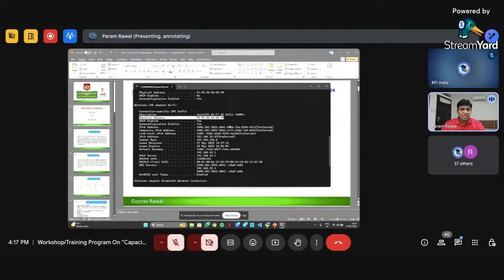But the physical address is assigned by the company which manufactured the motherboard of that PC. That is why the physical address will not be removed or altered. It will remain the same. That is why it is mentioned on your bill also. If it is not mentioned on your laptop or desktop bill, naturally, if you type the serial number of your laptop on the internet, you will get the MAC address or physical address. And on the basis of that MAC address, you can also find out which company is responsible for manufacturing that board.